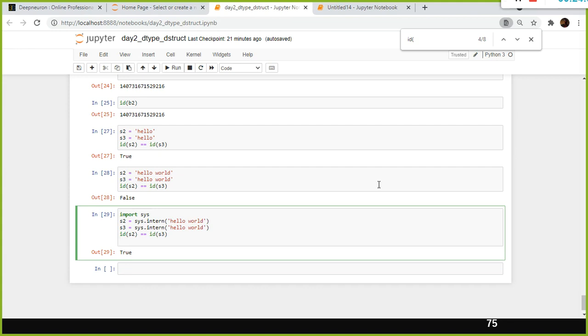Identity operators, we have something called identity operator. When I explain the set, which is part of the data structures, at that time I will help you understand it. In, not in, is, is not, these are identity operators and membership operators like in, not in. That also I will show you later.